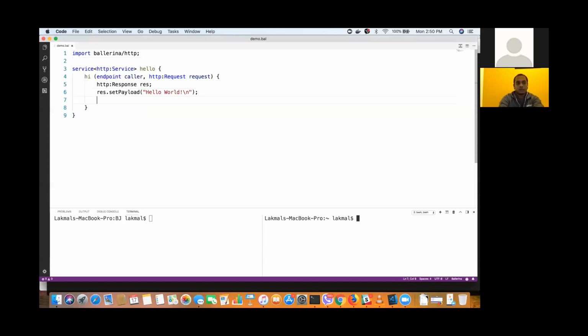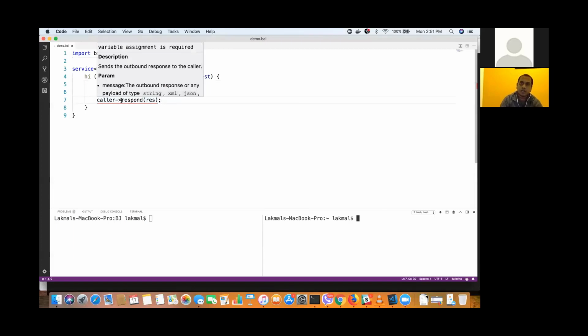Okay. So I have set the response. I can just call the caller endpoint, and here you can see I'm using the arrow notation. I will explain the difference to dot notation. Ballerina syntactically gives developers a way to do a remote call. A local call uses dot notation, like an in-memory call. Here, this is a network call. I see. Syntactically differentiating between the local call and the network call.